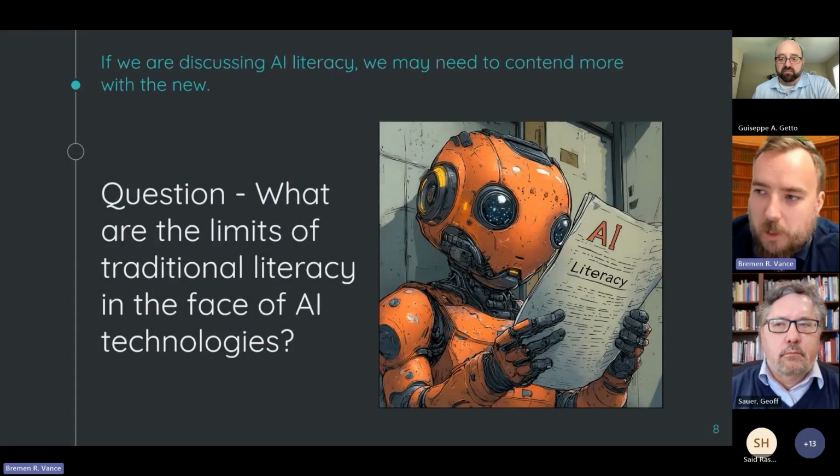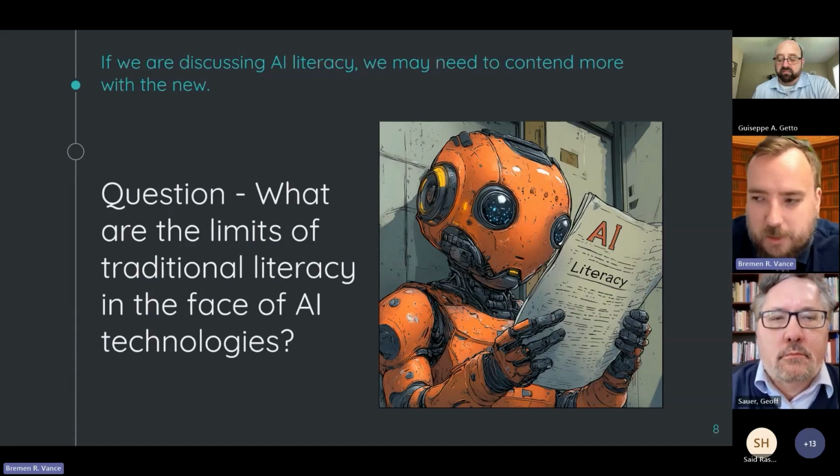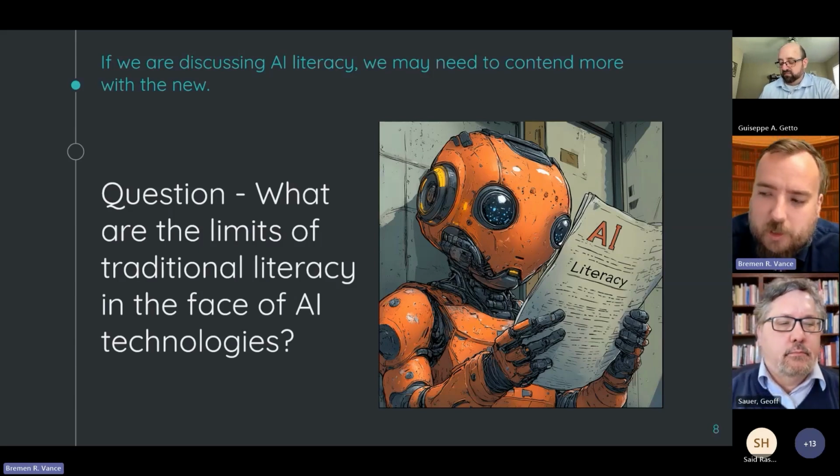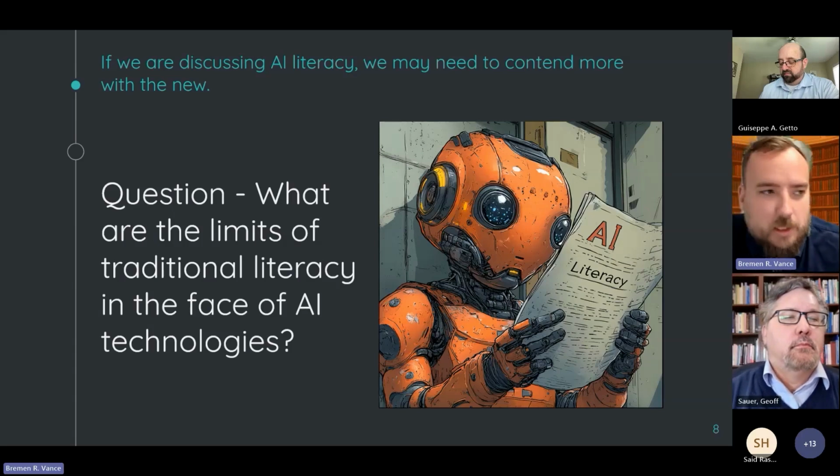as educators. My question, as we think about what AI literacy is: what are the limits of our understanding of traditional literacy or even digital literacy or any other kind of literacy that we have? What are the limits of our understanding of those things when we try and apply them to AI technologies? I think there's some significant barriers to just porting over what we know, and that means that we got to